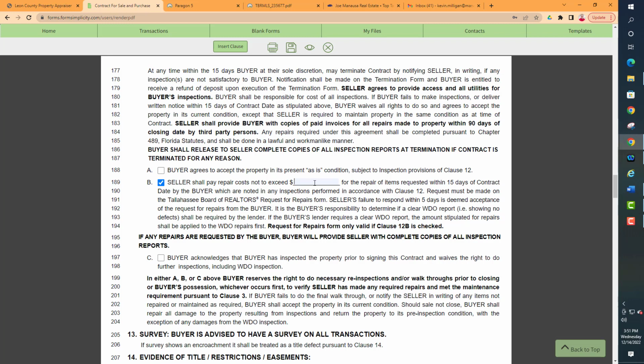So, for example, you're in the house, you're walking around, and the buyer notices a handful of things that they know need to be fixed, and they want those things fixed prior to closing. You would check 12B, and then you would put a dollar amount here. Let's say $3,000. And then what that tells the seller is that you're then going to fill out a